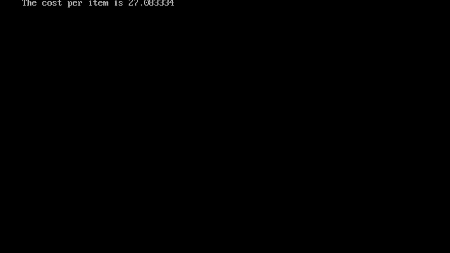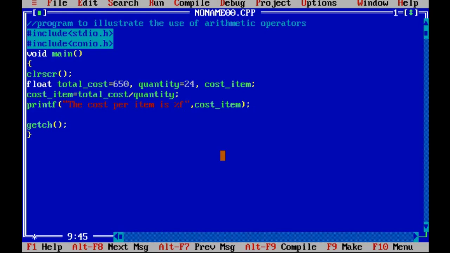The cost per item is 27.083334. Okay, fine. Now this type of sum or program is known as real arithmetic. Why is it known as real arithmetic? Because here all the three variables which I have taken are of real data type. Okay, so it is known as real arithmetic.